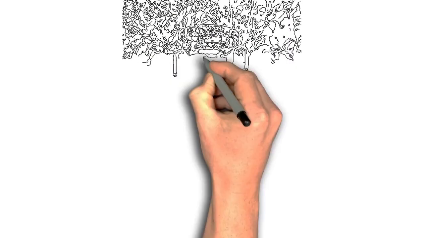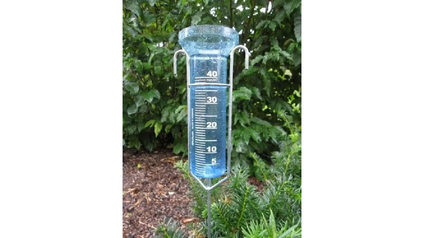Measuring rainfall. Rainfall is the form of precipitation when water falls in liquid form onto the ground from the atmosphere. It is usually measured in millimeters, but annual rainfall is measured in centimeters. A self-recording rain gauge is called a pluviograph, and meteorologists measure rainfall using an instrument called the rain gauge.